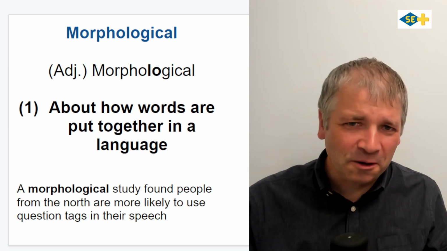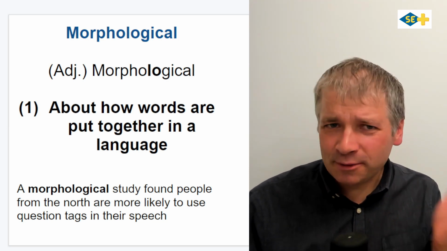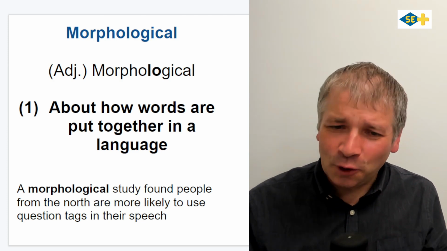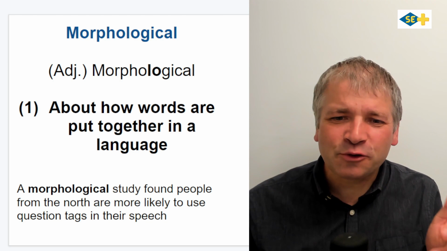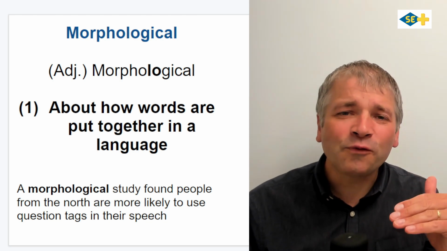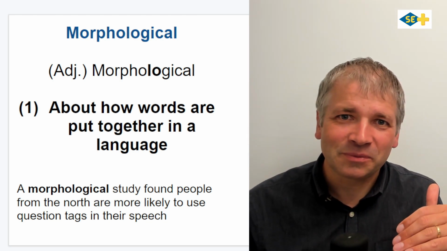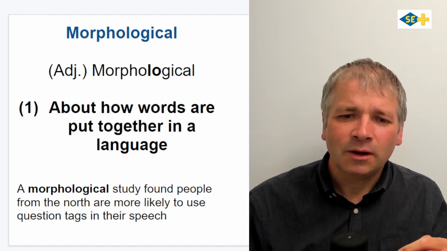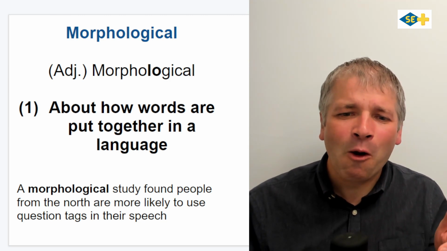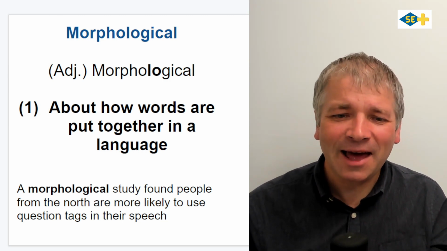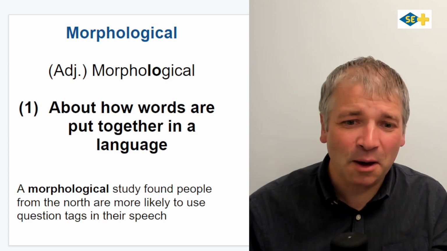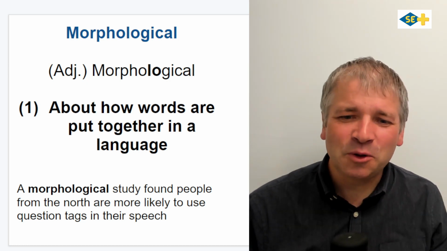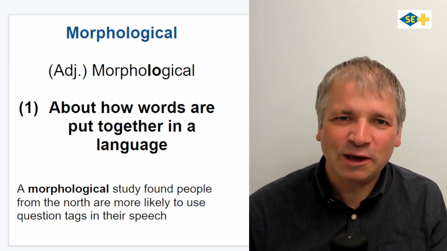Morphological has one very well-known meaning, but it also has another meaning which is more specific. Morphological is an adjective and the stress is on lo. Morphological. And in the main meaning of morphological, we use the word to describe how words are put together in a language. For example, a morphological study found people from the north are more likely to use question tags in their